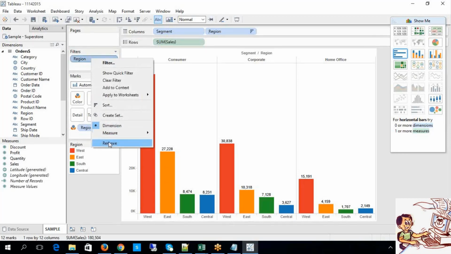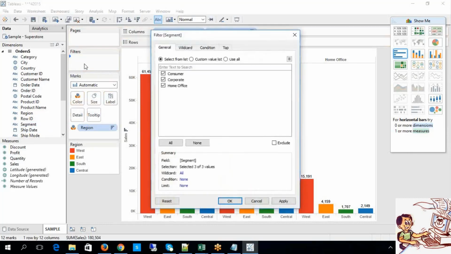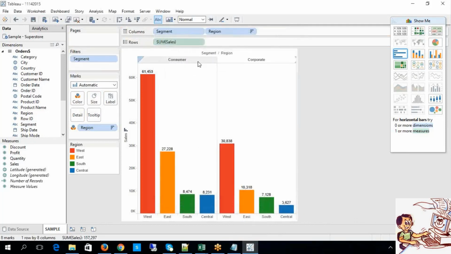Let me remove this. Now, for example, let's say I would like to have consumer and corporate in my report. So you have only consumer related as well as corporate related. Fine, you have a filter, isn't it?